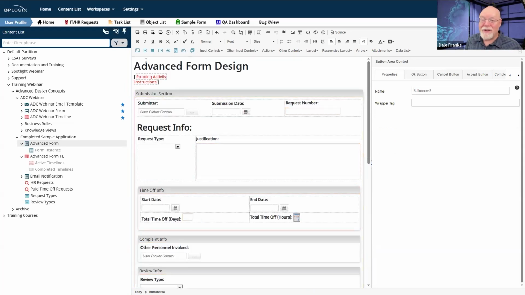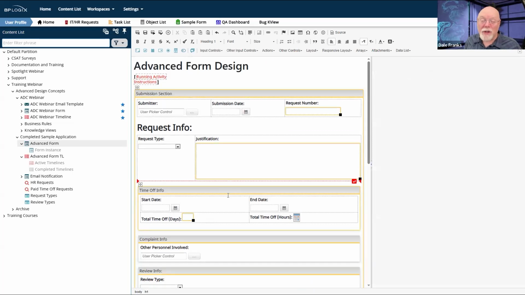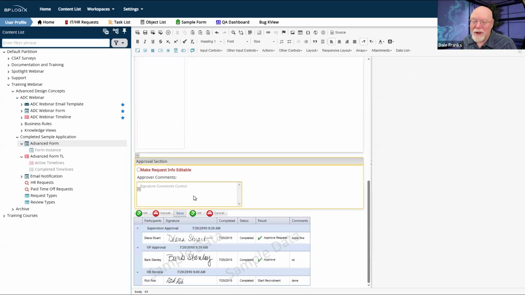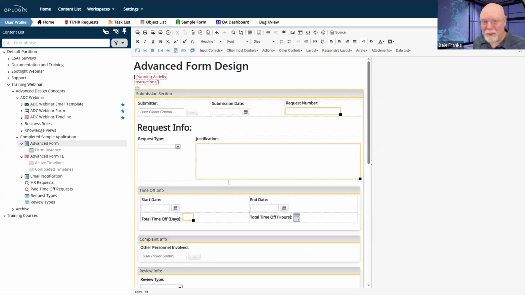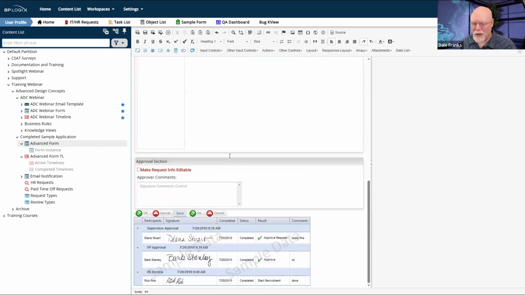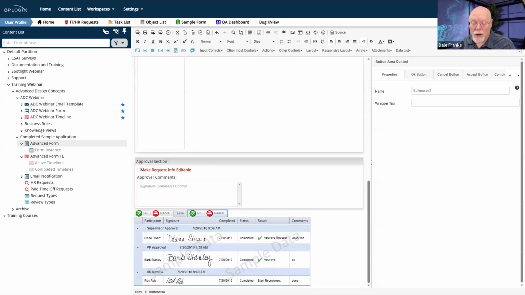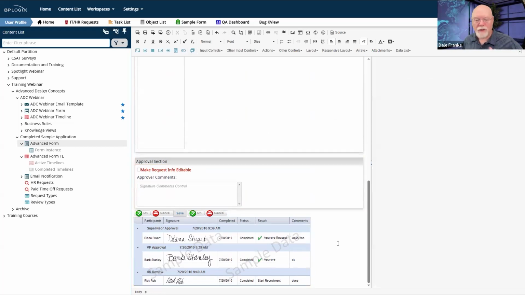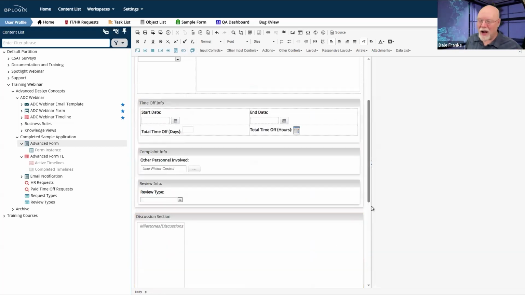Also, there's nothing that says you can't place multiple button area controls on a form, and there's nothing that says you can't place them up at the top of the form or near the top of the form so that people don't even have to scroll all the way down through your form to complete it. That's entirely up to you. That's the nice thing about the button area control. You can have as many of them on the form as you want, although at some point your form will begin to look ridiculous with a whole bunch of button area controls on it, but you do have full control over those button area controls. And so with that, I believe we are done with the form.